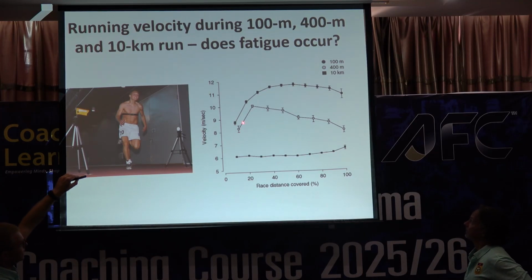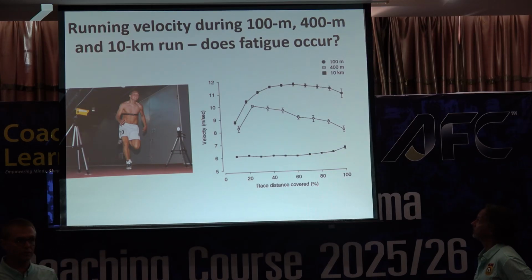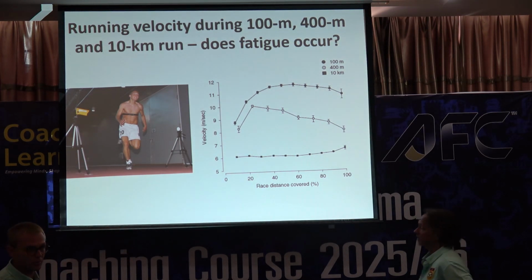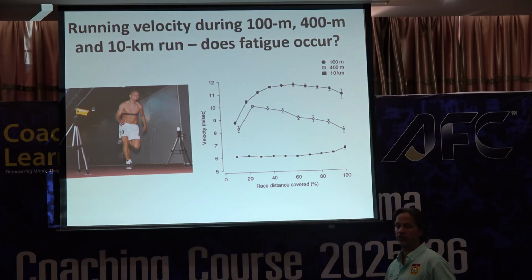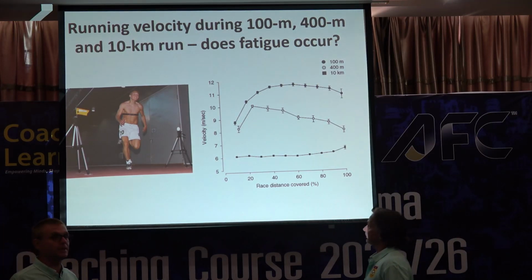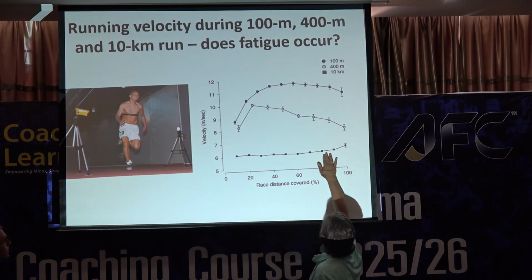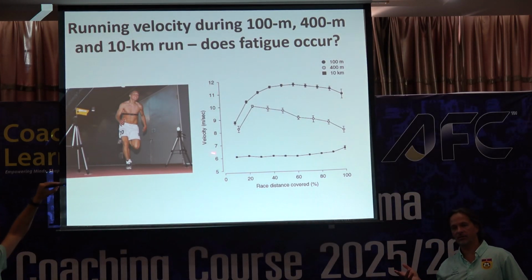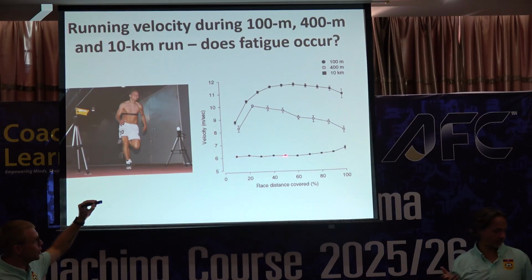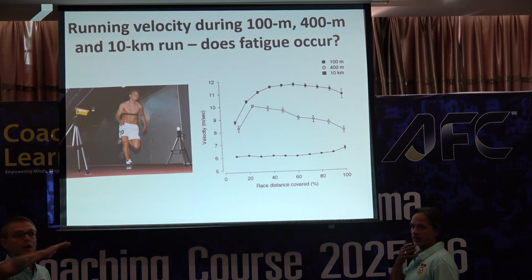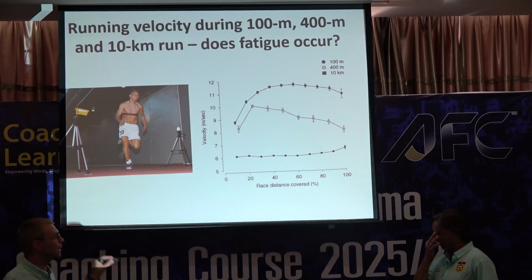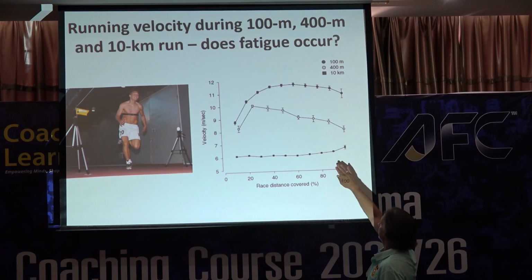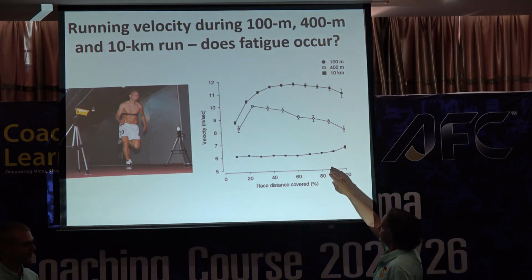In a 400-meter run, at around 100 or 150 meters the runner reaches top speed, but after that the speed drops. And if we compare that to a 10K run, the runner is being very stable, but at the end he can run faster, but that's because he's pacing himself. In the last kilometer or the last 500 meters we try to put in full effort, and our speed rises a little. So he's still fatiguing, but he still has some power to raise the speed. But this is because he's been pacing himself based on